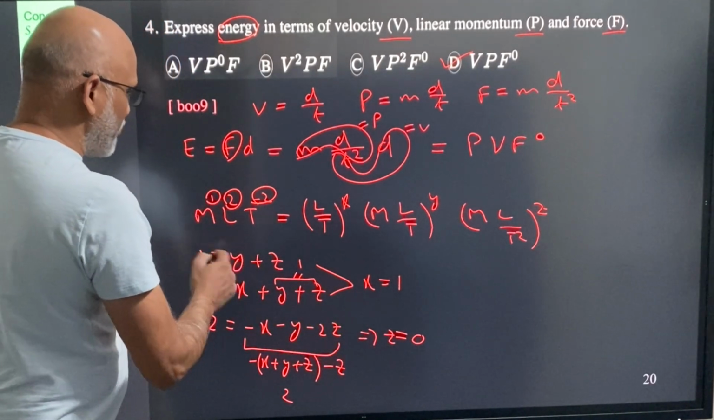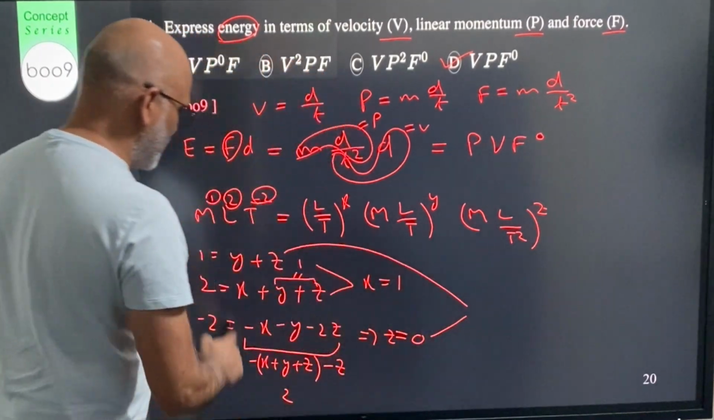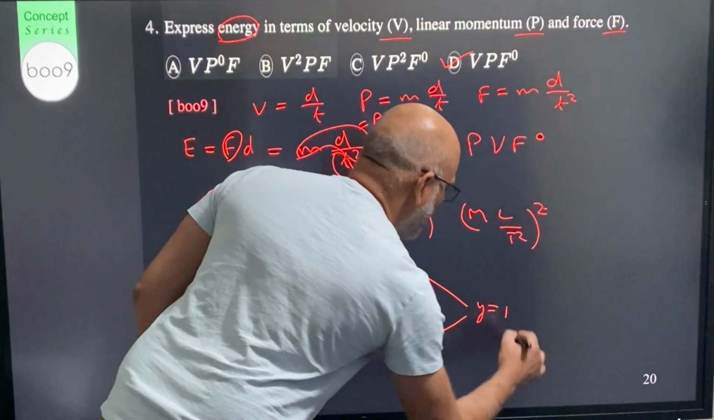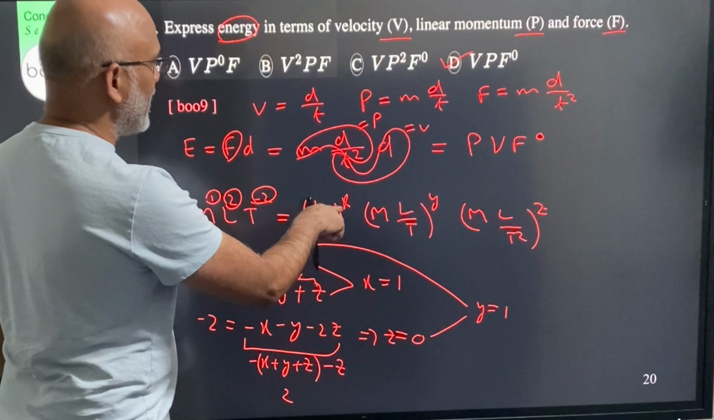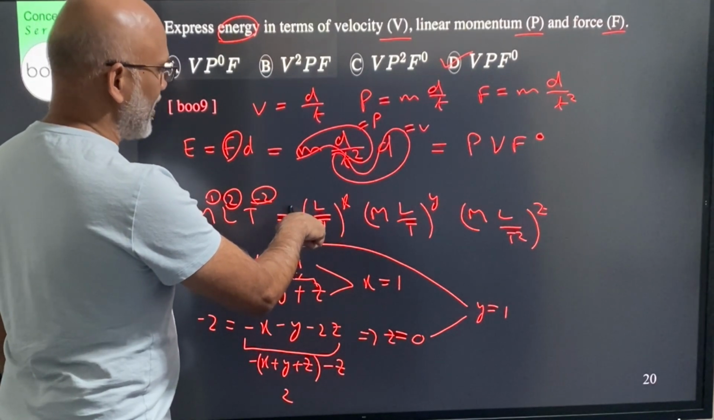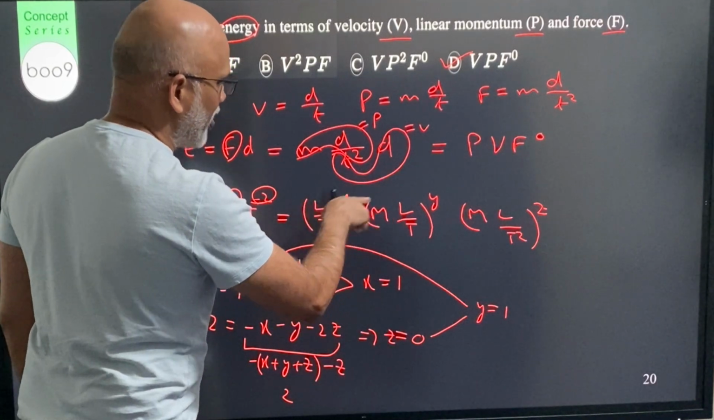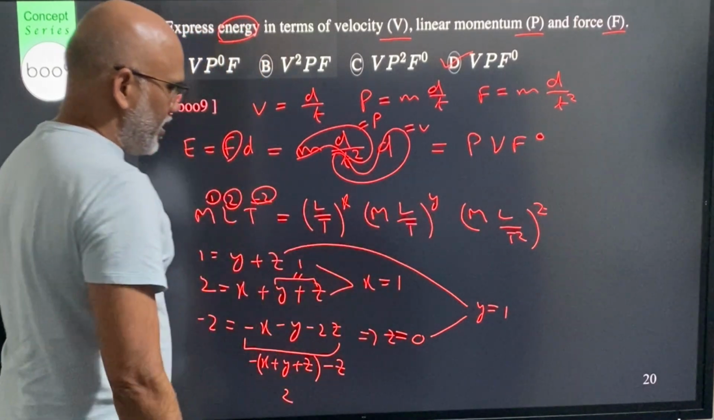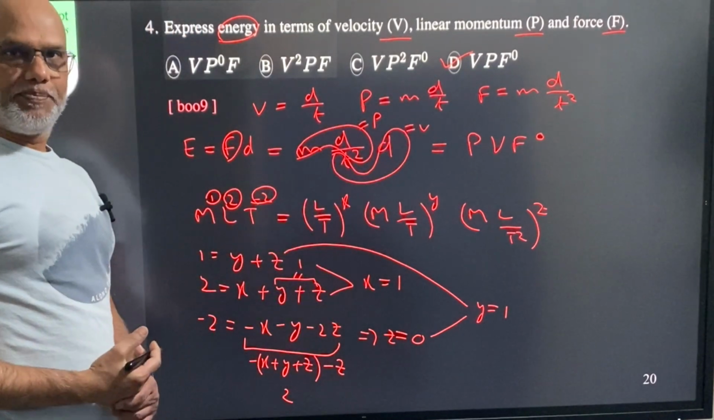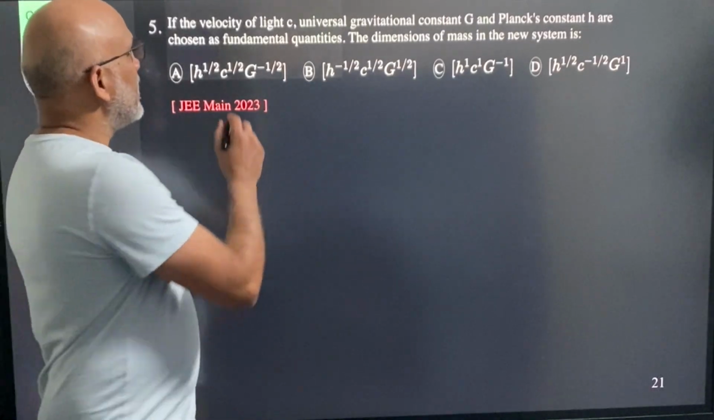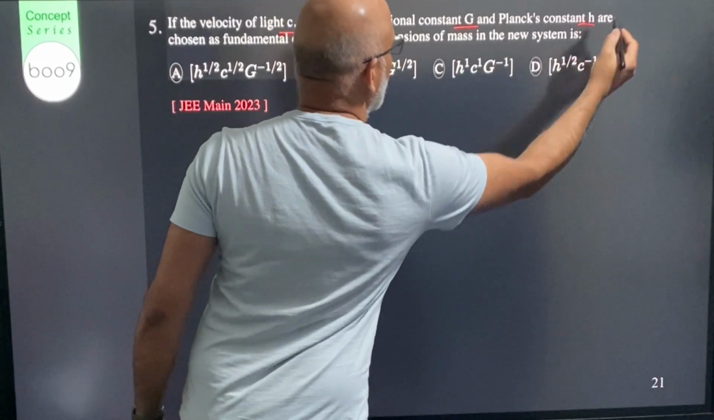So if z is 0 and y is going to be 1 from here, take this and this together, this gives me y is equal to 1. So what do I get? X is equal to 1, so that is velocity to the power 1, momentum to the power 1, v to the power 1, p to the power 1, and z, that is force, 0. That's exactly what I get, right? It's the same answer. Next example: if velocity of light c, universal gravitational constant g, and Planck's constant h are